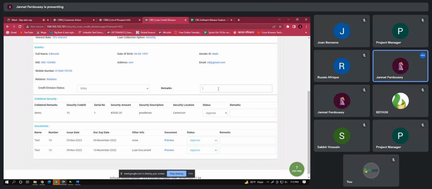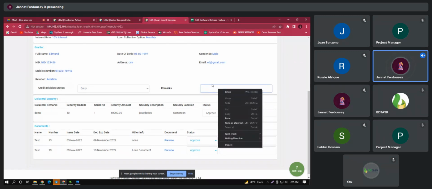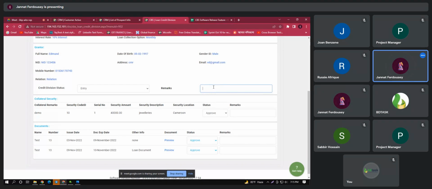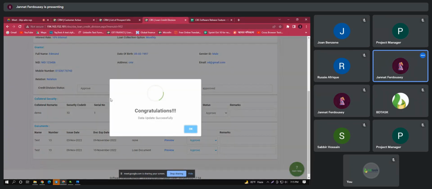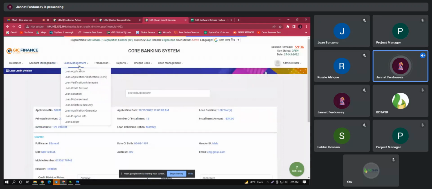Okay. So I can see that here one is interest rate. So now if I go for sanction,